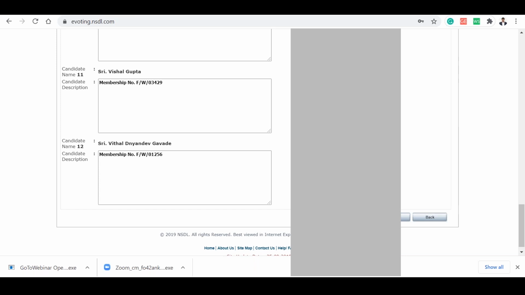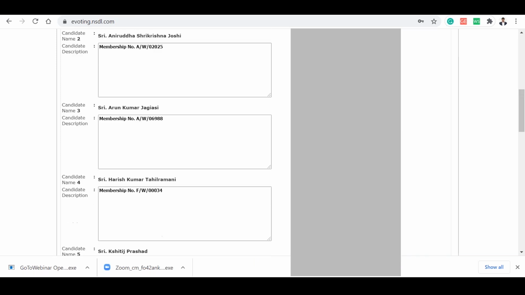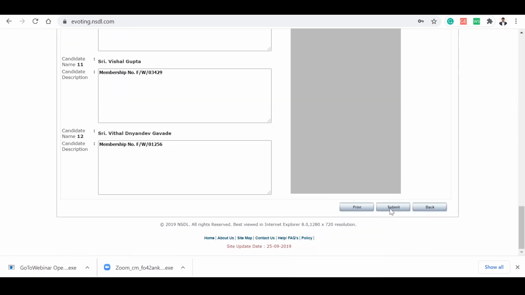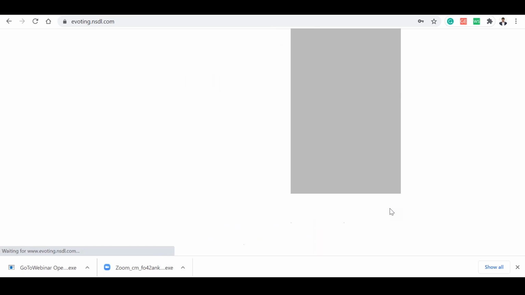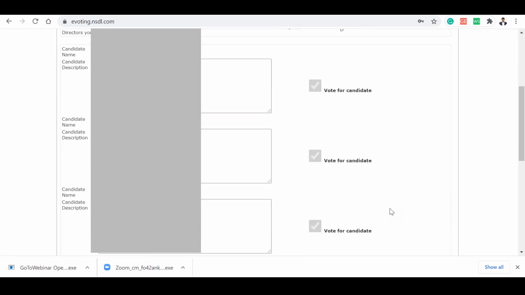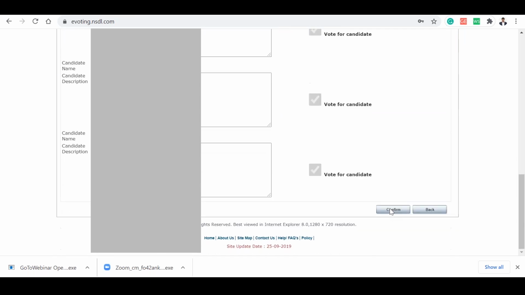You have to recheck 1, 2, 3, 4, 5, 6, and then submit. Once it is done, you have to reconfirm it.